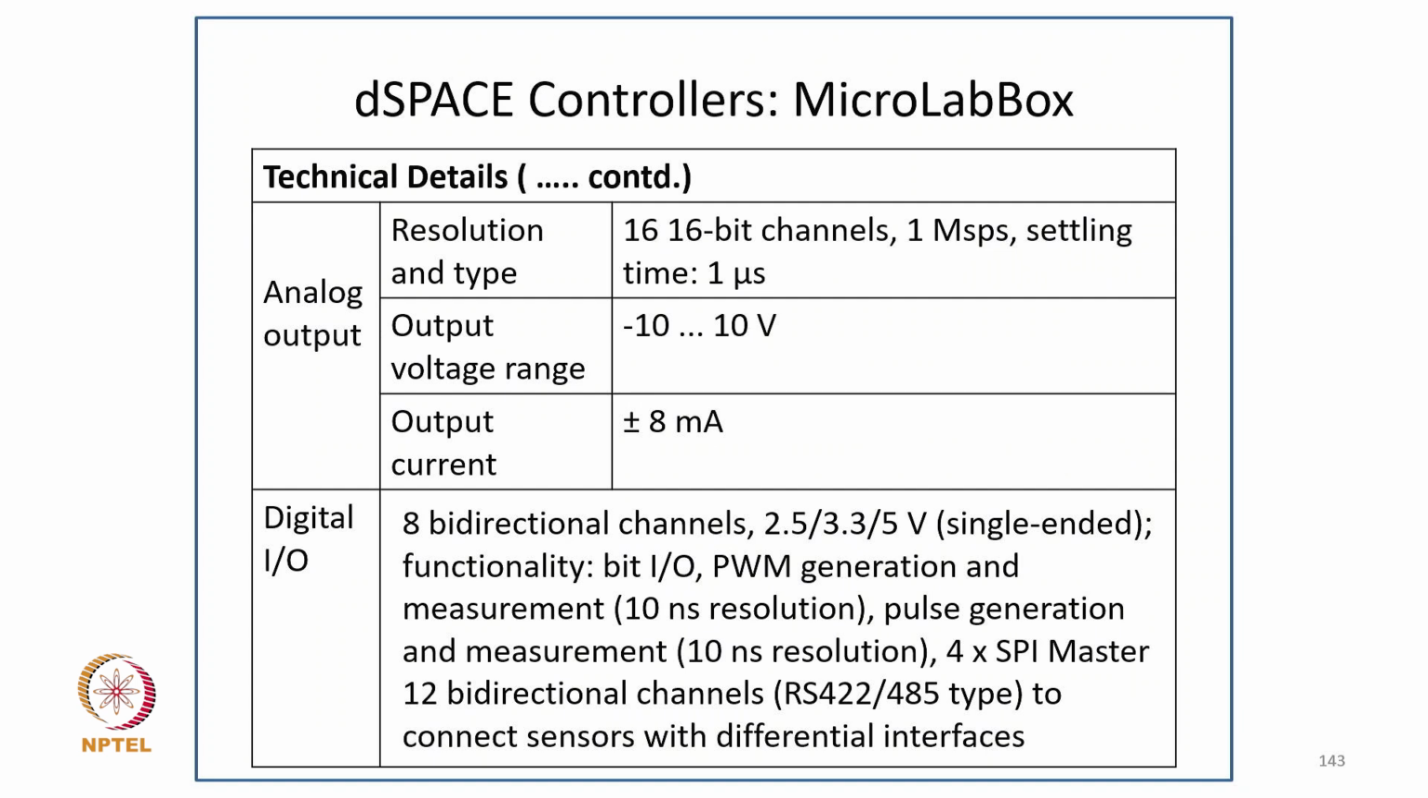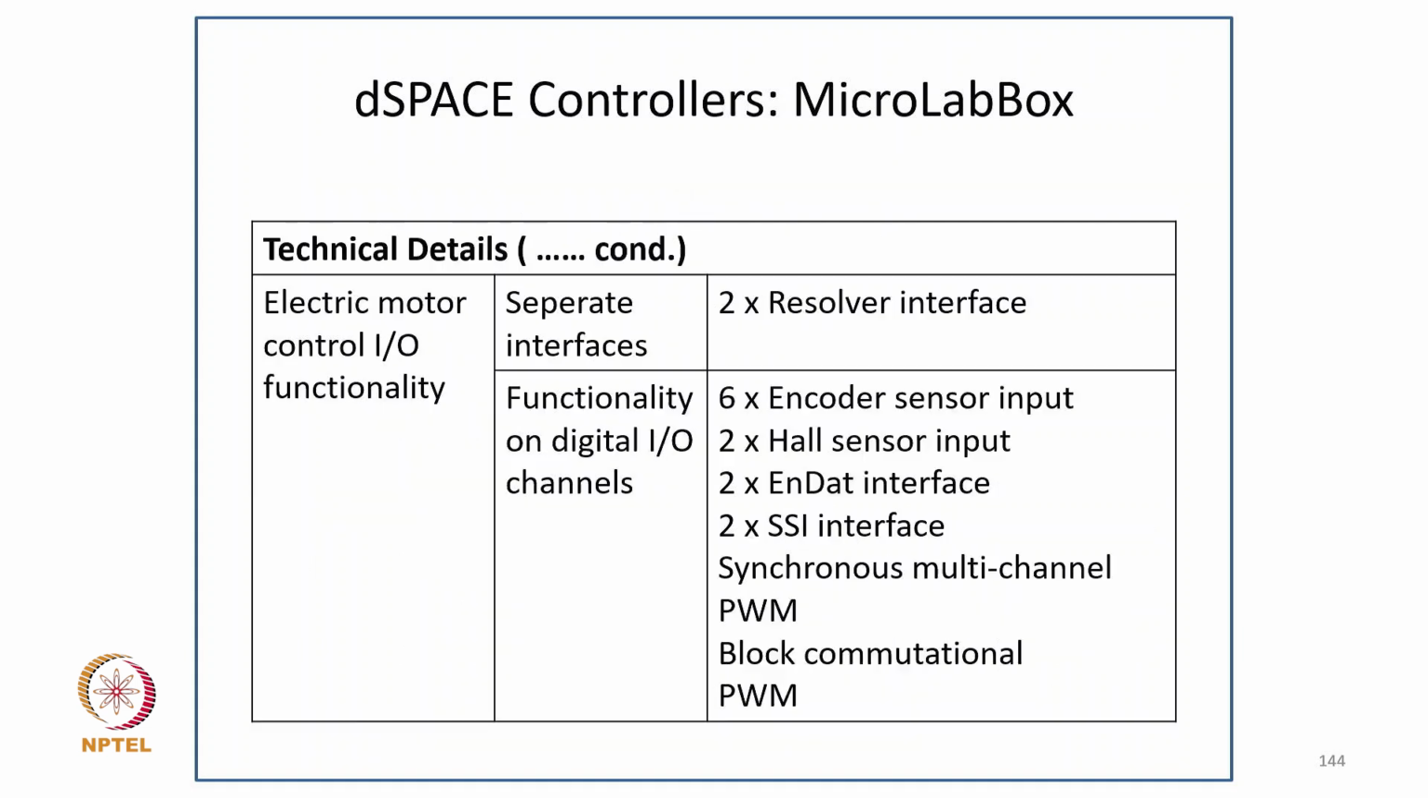Resolution and analog output: 16-bit channels, 1 megasample, settling time 1 microsecond, output voltage ±10 volt, output current ±8 milliampere. Digital IO is 8 bidirectional channels, 2.5 volt, 3.3, 5.5 volt, single rate functionality, pulse generation and measurement with 10 nanosecond resolution, 4 times SPI master, 12 bidirectional channels, RS422 485 type to connect sensors with differential interfaces, and electric motor control functionality,